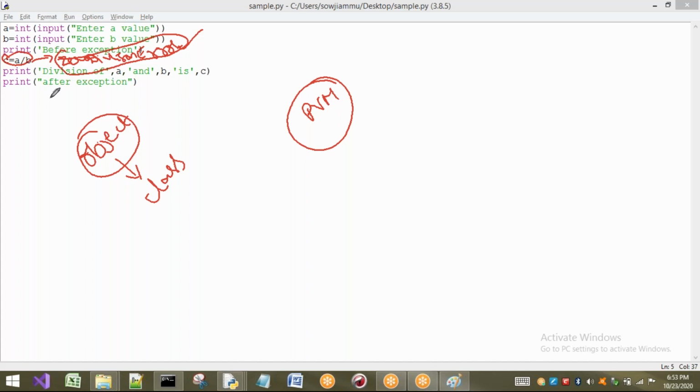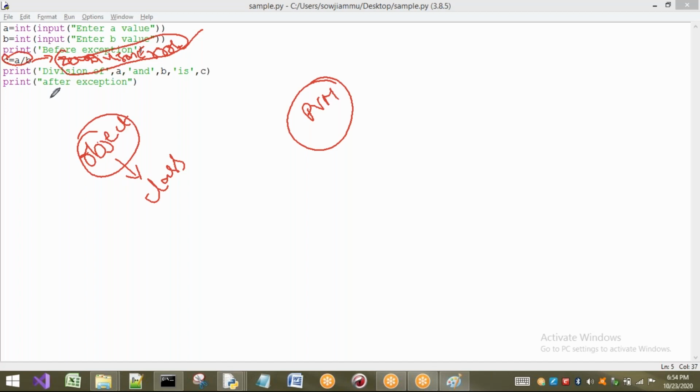Did the programmer write any handling technique or not? First it will check in my program. I have not written any. If you are not going to write any technique, and the handling code is not available in my code, then automatically your Python interpreter is going to terminate the program. That means the program is going to be stopped by your Python interpreter, or we can say Python virtual machine.